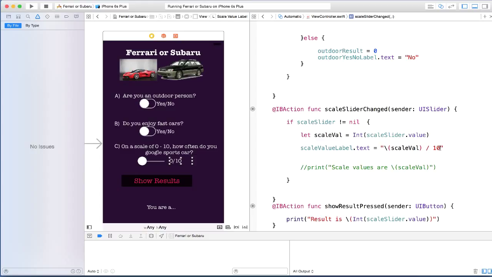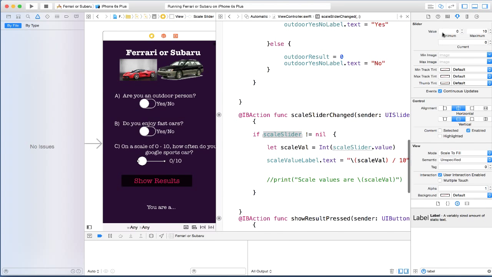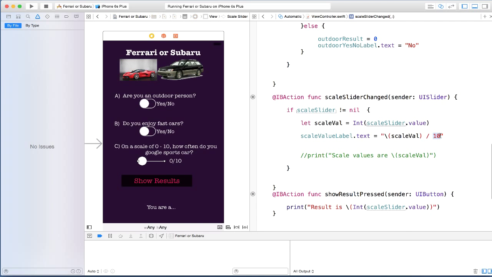But there's a better way of doing this, which is, as we know, our scale slider object, item here, right? This one here. If we click on it and let's open our inspector again, it has the minimum and maximum value. And we know all of these attributes here that we can access via our Xcode here. We can also access those in code. We can actually get the maximum value or minimum value in code by using our object scale slider. Instead of just putting 10 here, let's go ahead and dynamically fetch the maximum value of our slider here.